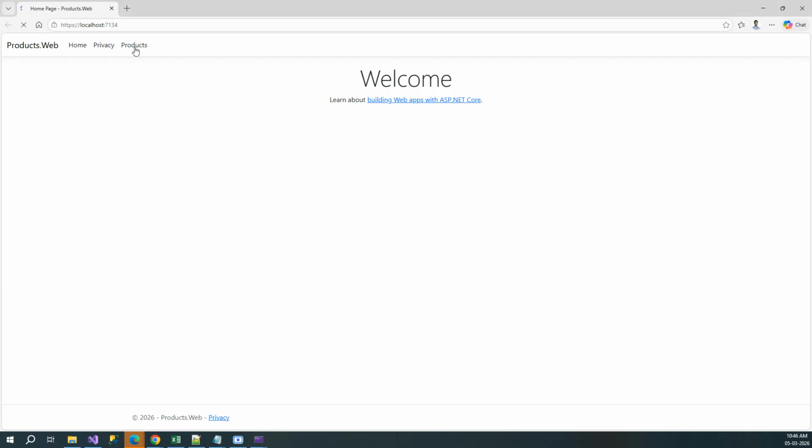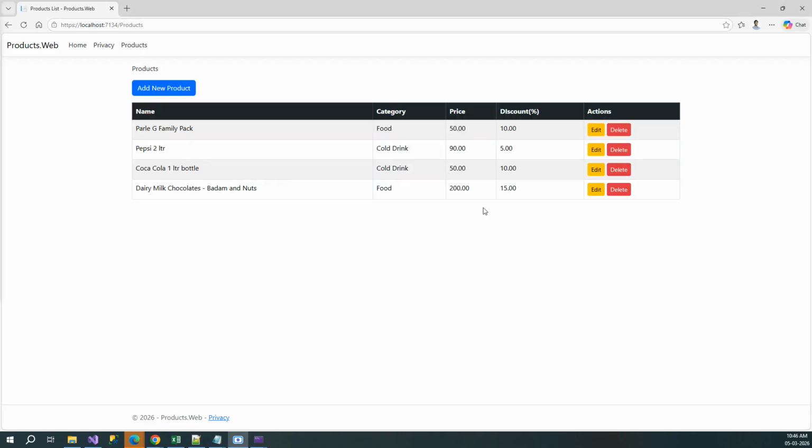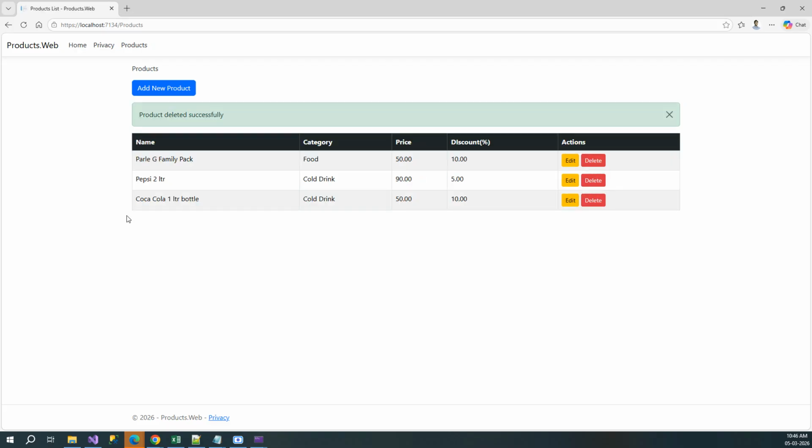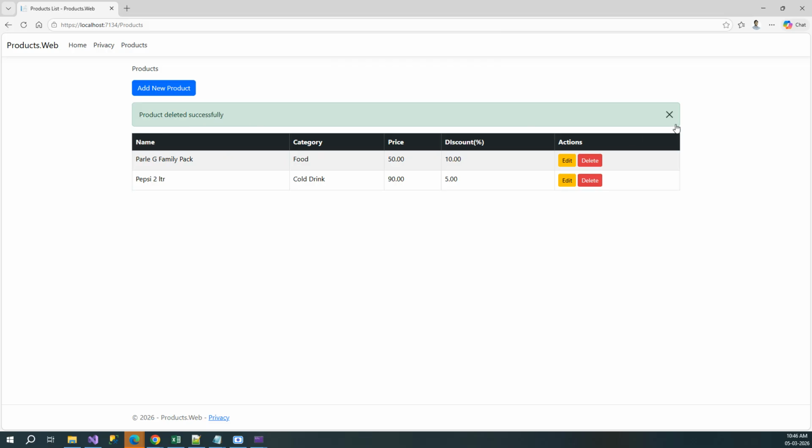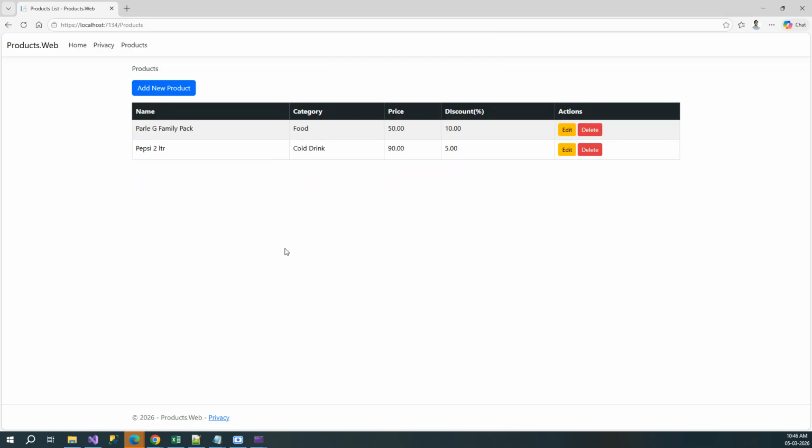So let's go to products, and let's hit the delete button over here. It is asking for confirmation also. That is good. Let's say okay, right? So it says product deleted successfully. Let's see if it goes off or not. Yes, it went off, right? Let's try to delete this one also, and if for any reason it does not go, we can close it from here, right? So with this, we have implemented the CRUD operations with Web API,